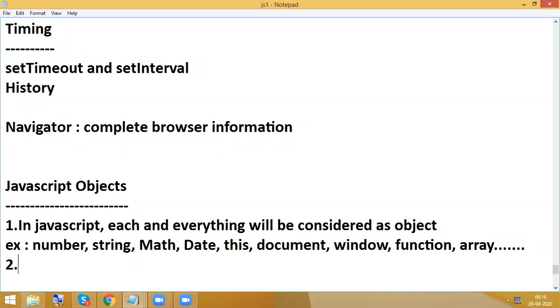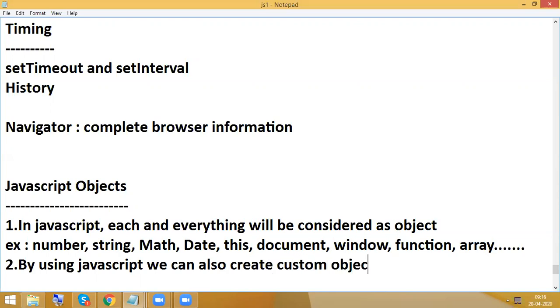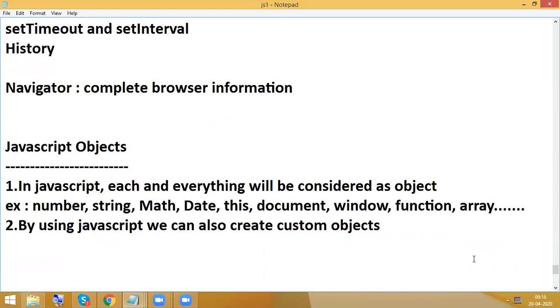Now, by using JavaScript, we can also create custom objects, nothing but our own objects.